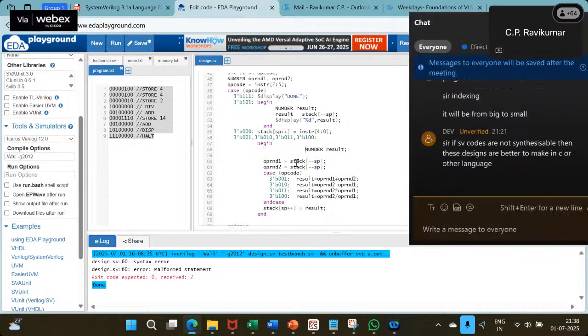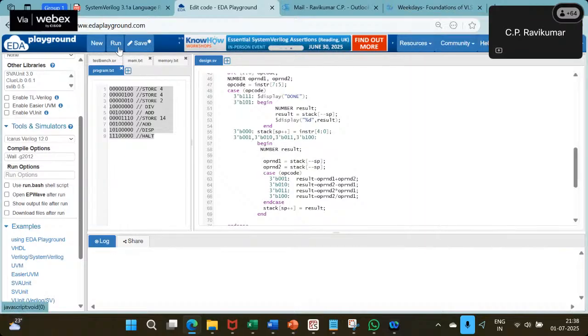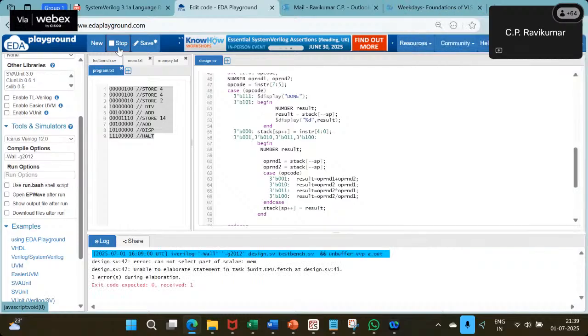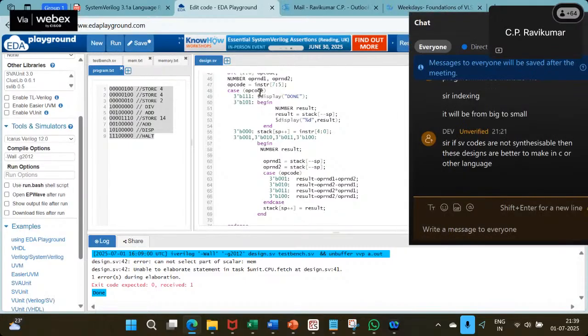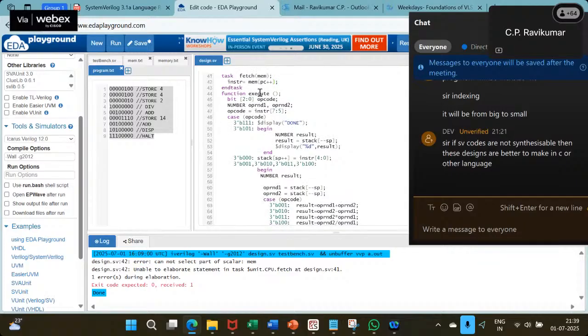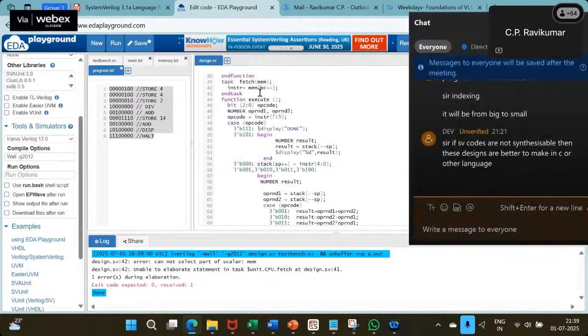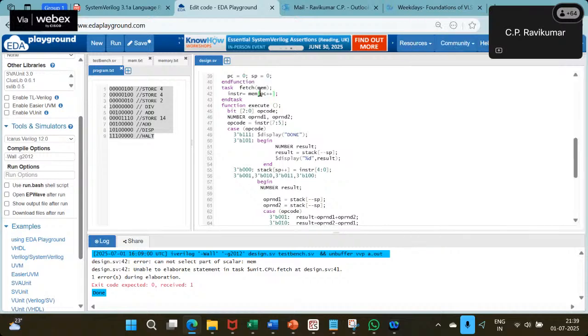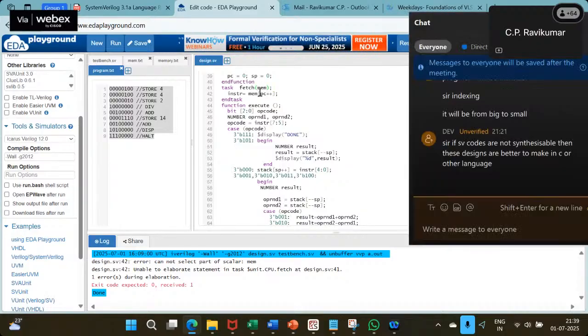Okay, it should not be declared in the middle like this. Line 42: cannot select part of scalar mem. Okay, we have to say